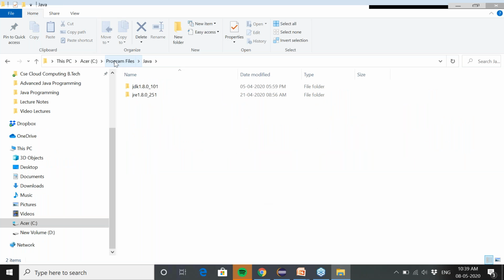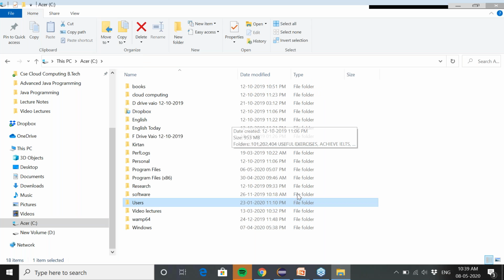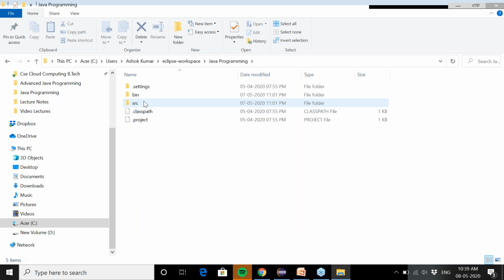I have created one package string and all my programs are there. 20 programs are there. So this is a user defined package, so it doesn't have any relation with the String class that we are using over here. So this is, I think, the doubt you were asking about.